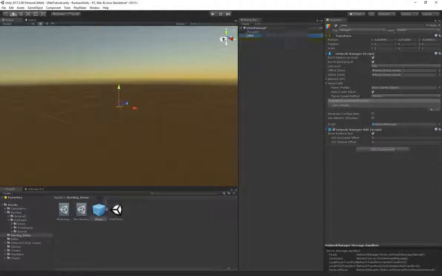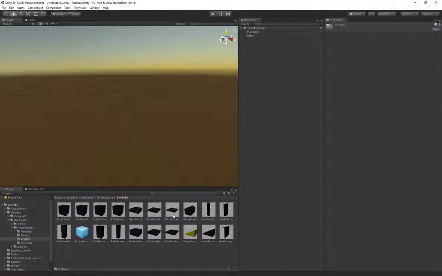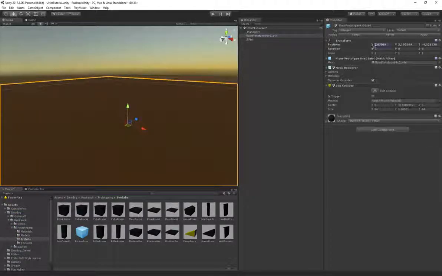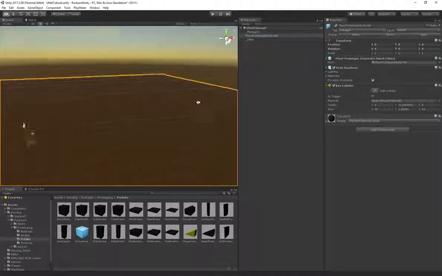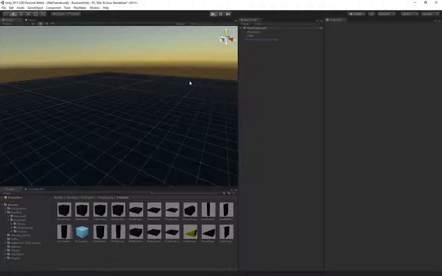Remove from the scene and assign it to our manager, to our player prefab. So let's create a floor panel, something to stand on. In our DevDoc Rucksack prototyping, we have a bunch of prefabs that we can use to quickly get started with a basic level. So now that we have that and I start the game, it should instantiate the player